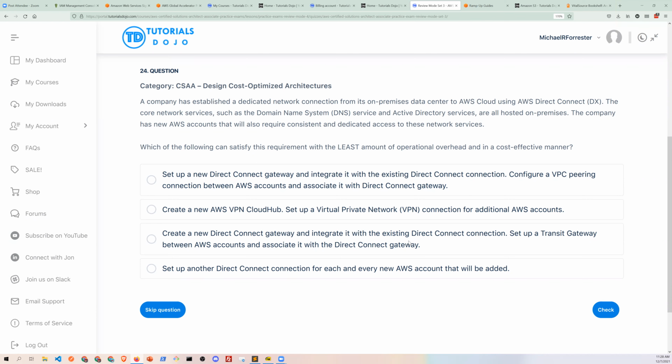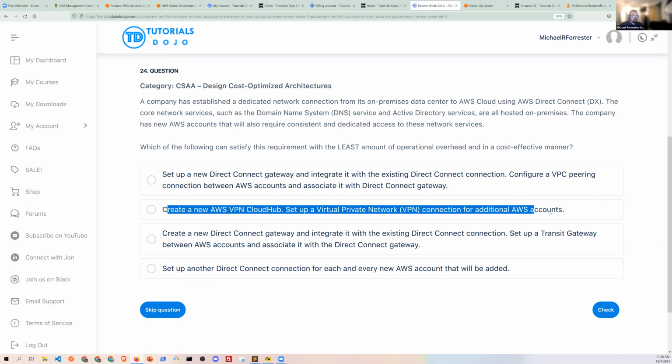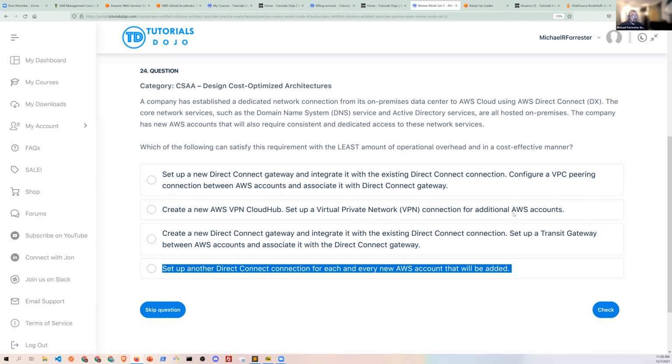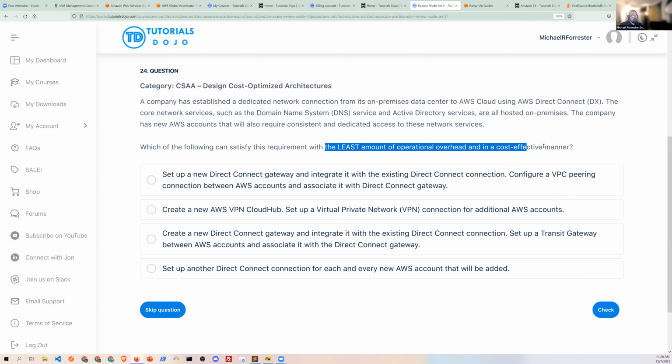Let's see. Direct Connect gateway network. So here's an interesting thing: creating a new VPN connection would be unnecessary, right? Because we already have Direct Connect, so we don't really need that. Setting up a new Direct Connect connection for every other account definitely is not going to follow the rubric of least operational overhead and cost-effective manner.